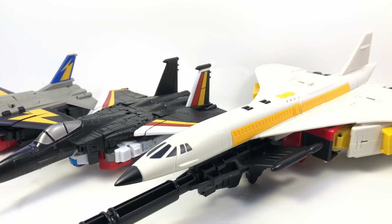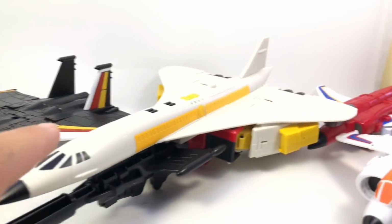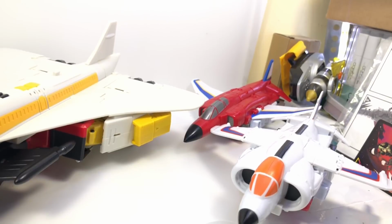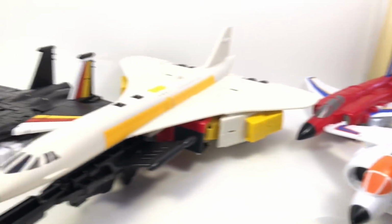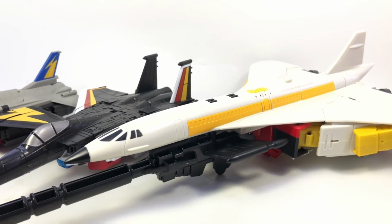Anyway, so here they are. It's the Aerialbots. You've got Skydive over here, Air Raid, Silverbolt, Slingshot, and then Fireflight hiding back there. In the corner, you can also see the old Kamen Rider Henshin device back there, the Zector. So yeah, we'll start off with